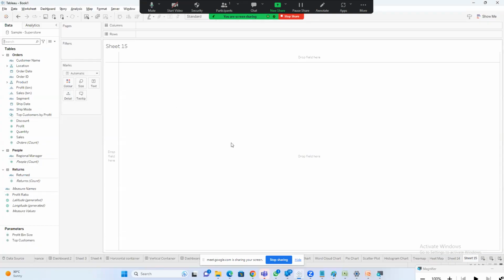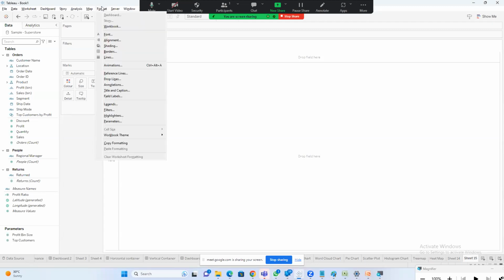So basically, I'm just connecting to the sample superstore data source only. So let's try doing the formatting changes. So in formatting, you have to go to the